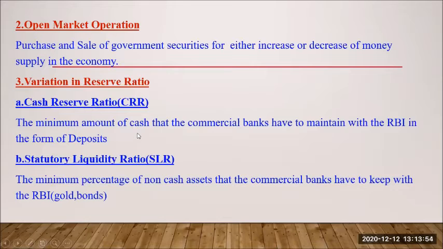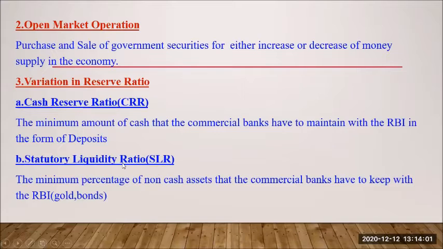So more cash and more non-cash assets will be kept in reserve with the RBI, and with less cash and non-cash assets, the commercial bank may not create much credit in the economy. So the supply of money can be reduced during the time of